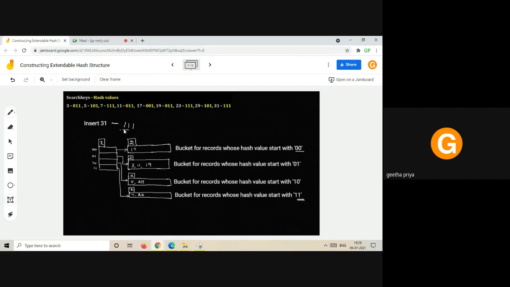Here for 31, the first two bits of the hash value are 11. So where should 31 go? Check in this bucket whether space is there. Yes, it can hold three records, right? I have a place to insert 31. So 31 goes here. Okay, so like this, we have to apply the hash function to the search key values,